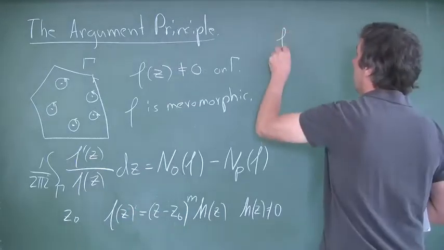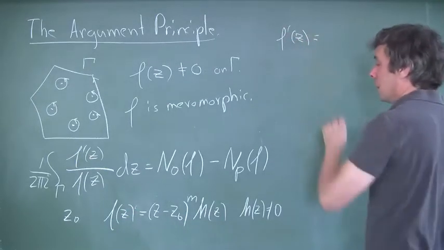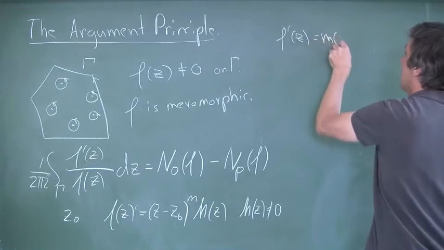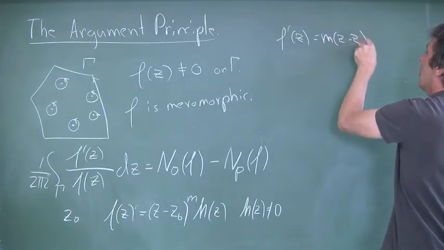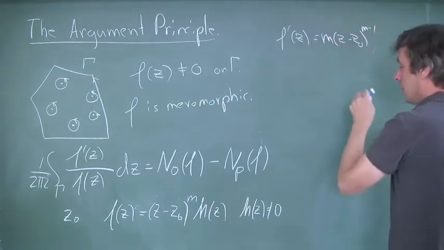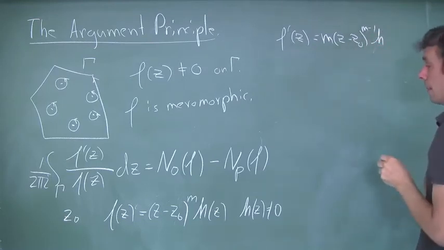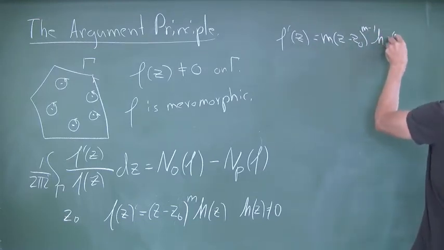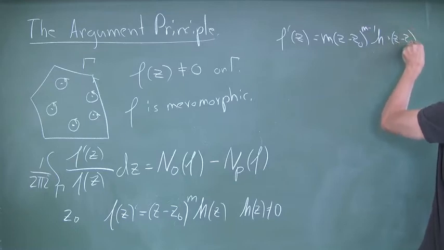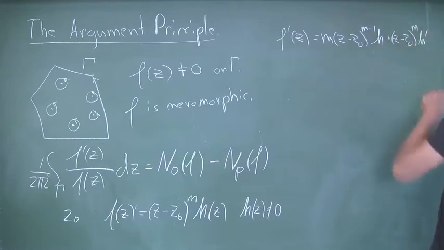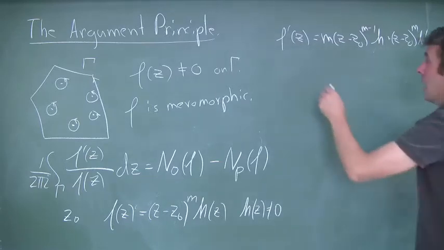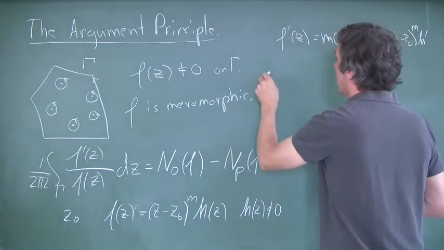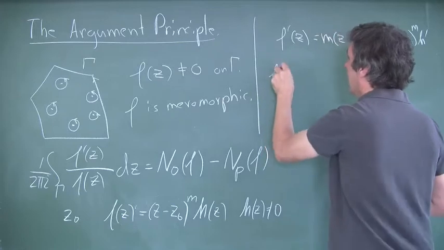So start by f prime, which is then simply m times (z minus z0) to the power m minus 1 times h. And then you get (z minus z0) to the power m times h prime. And if you now divide by f,